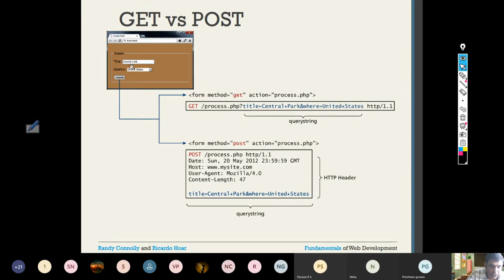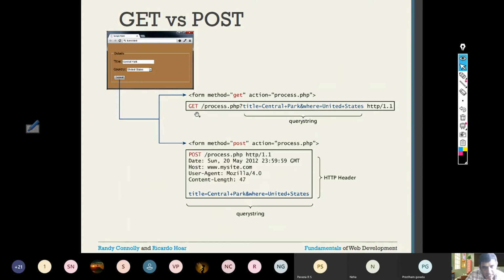But how is this information, Central Park and United States, which are the title and country, sent? See here, there is a query string. That means when you see the URL, this is visible. It will say get. That means the browser is telling the server, you should use the HTTP method get and is telling it to execute the program